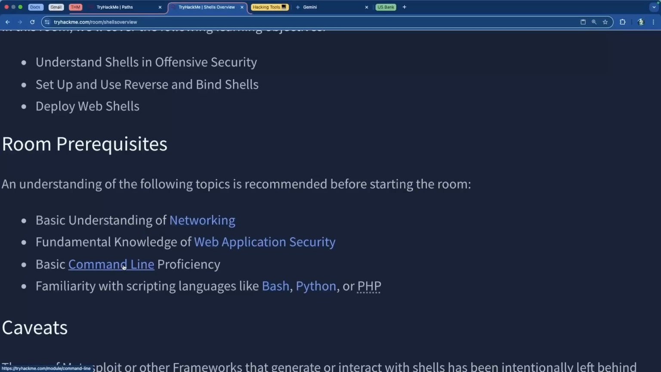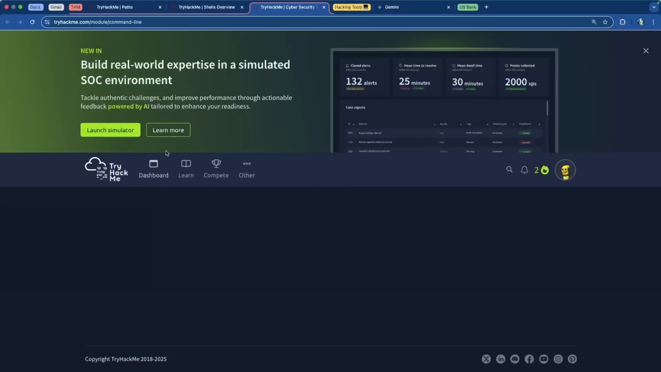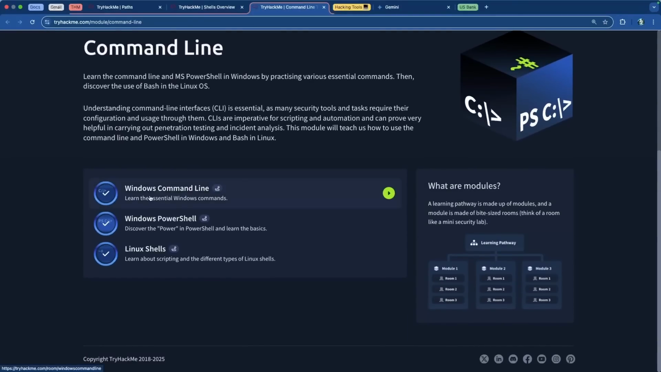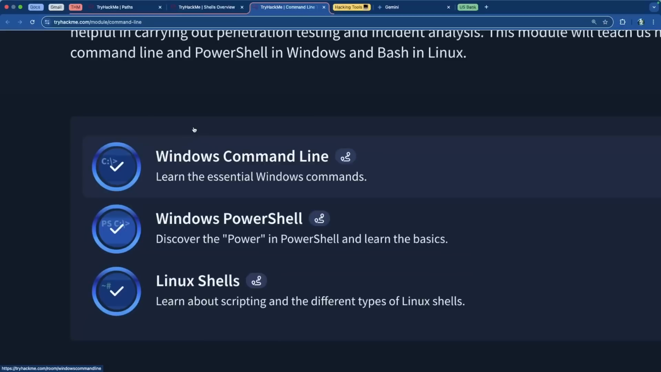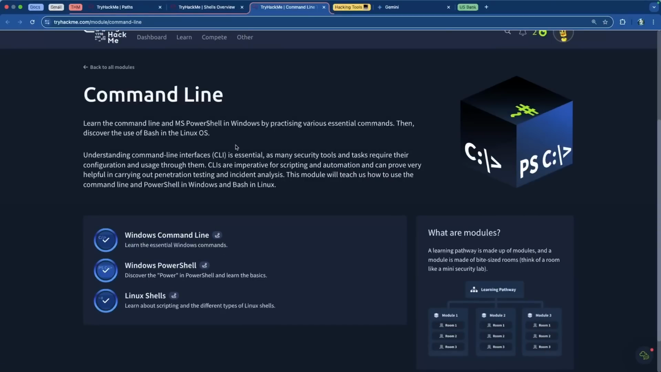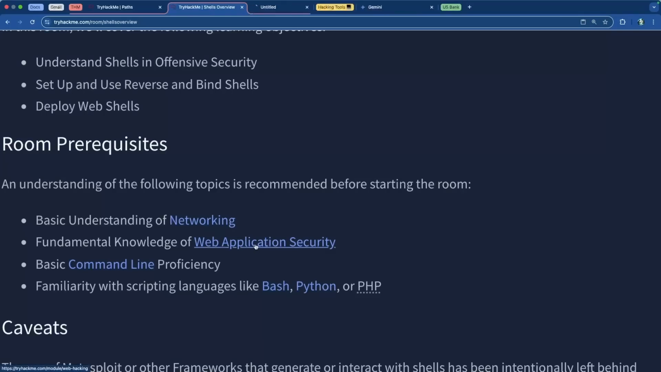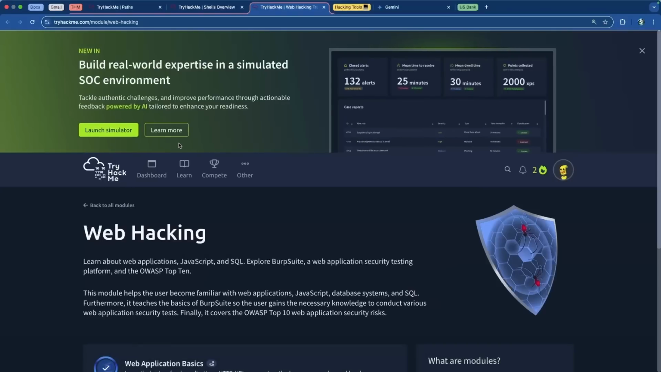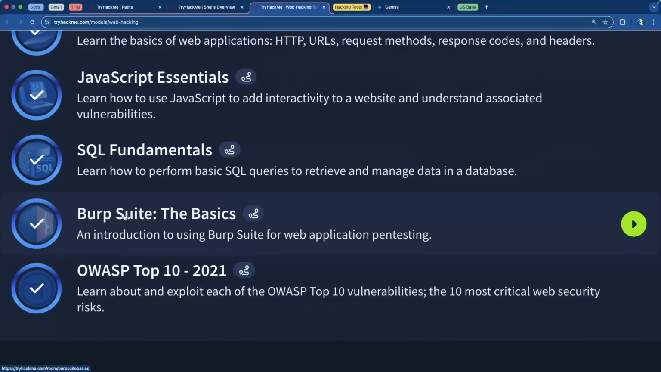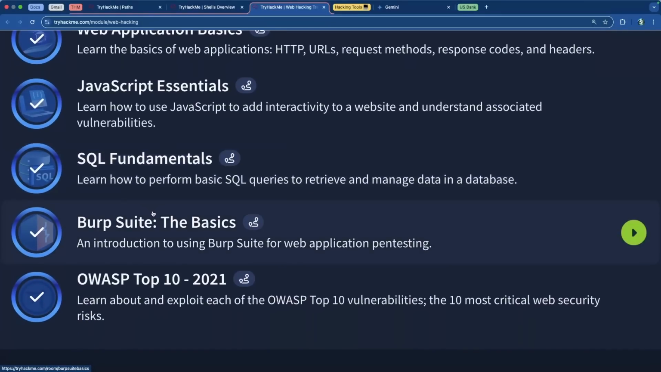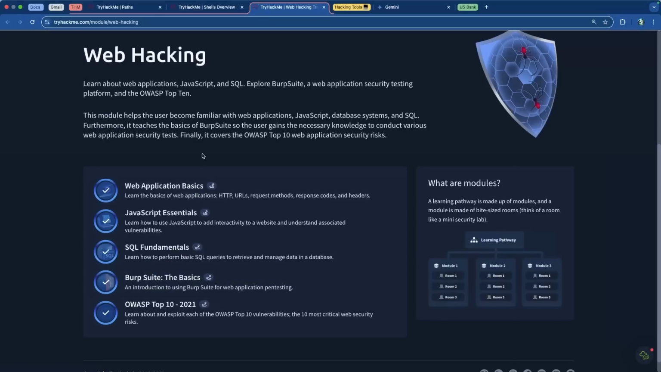For example, the command line, we did several videos in the Cybersecurity 101. In the CySec 101 training series, we've done the Windows command line, Windows PowerShell, Linux shell. We've done all of these things, and there's multiple compilation videos as well about shells. There's the web application security stuff that is also a part of the CySec 101 training series that talks about the basics of web applications, JavaScript, SQL, Burp Suite, all of that,